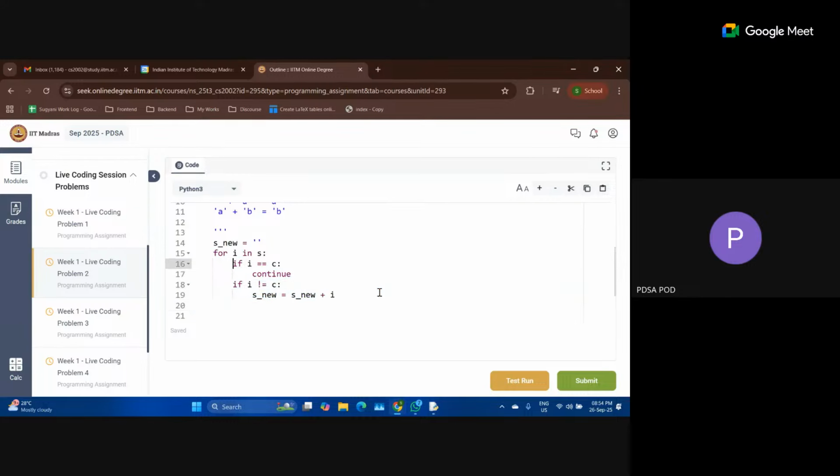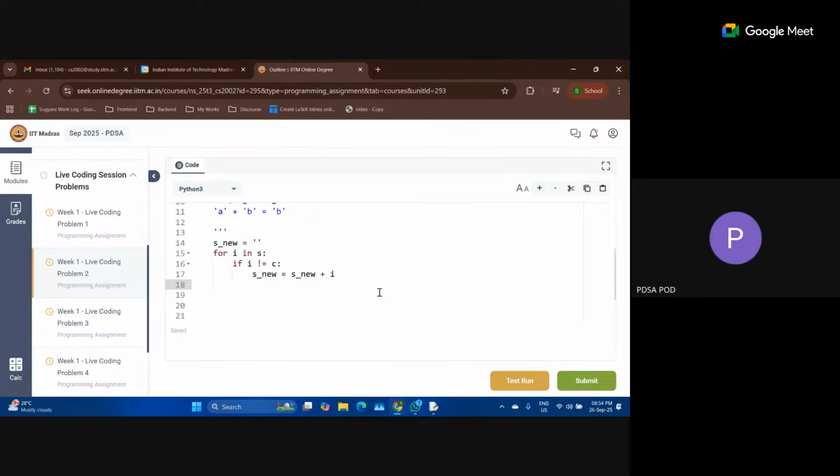But here is the catch. What happens if I don't write this? If I is equal to C, this condition will become false, so this statement will not be executed, and it will just go to the next iteration of the loop.